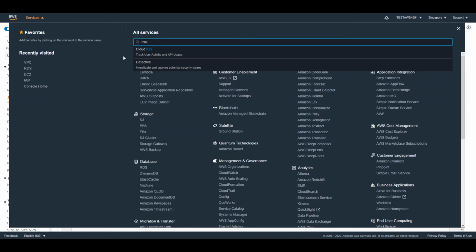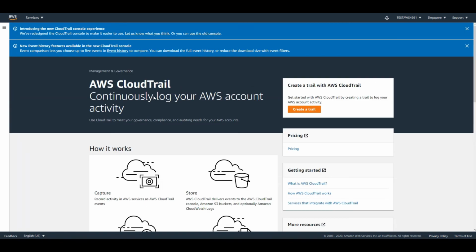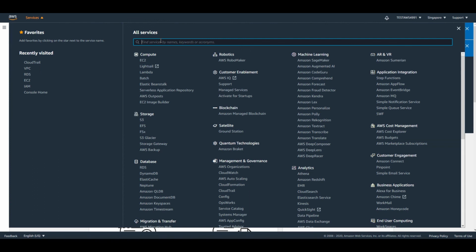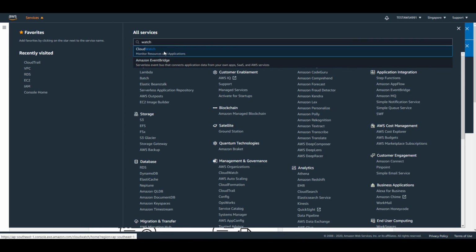Let's switch to the CloudTrail service, which is the accounting service in AWS, which keeps track of every action and event triggered by a particular user on AWS resources, where we can have a log of activities we can monitor or audit, as well as pass those logs into CloudWatch. So this is CloudTrail, and CloudWatch is our AWS monitoring service. Let's check on that as well.